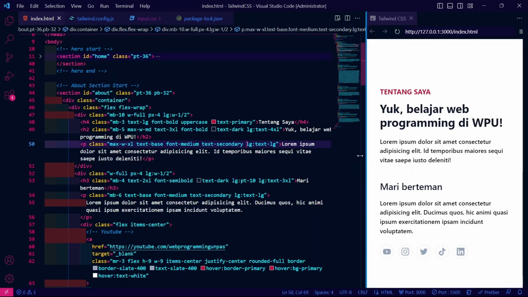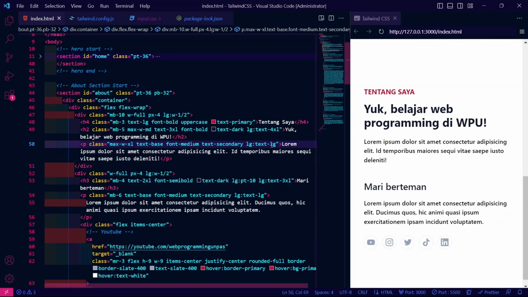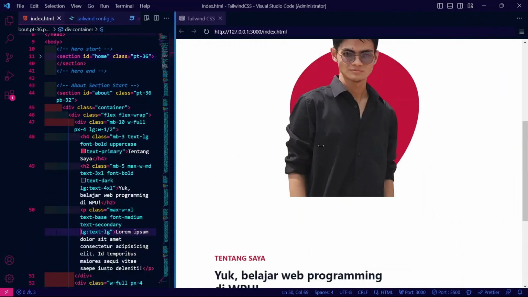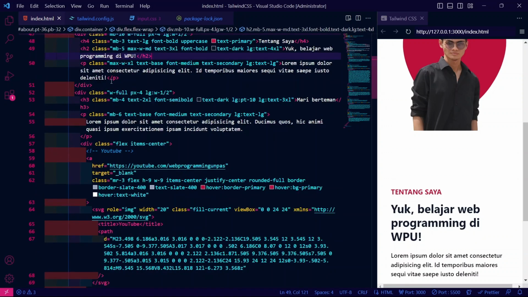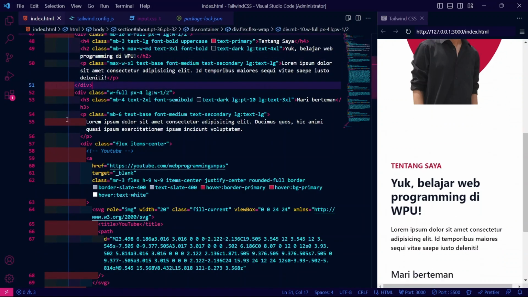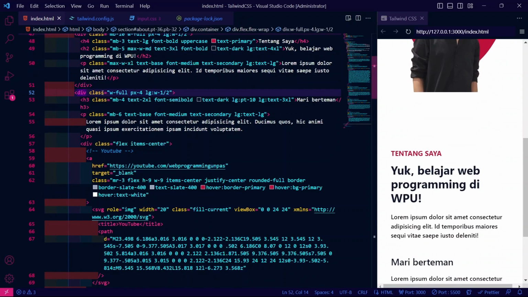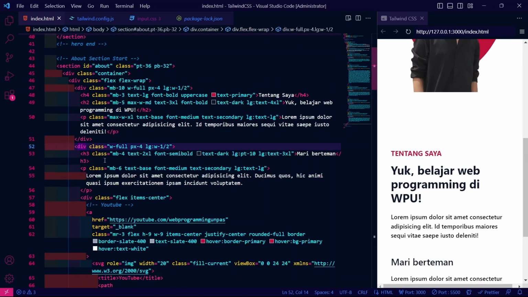When it gets large, the text is going to be large, just large, like so. And I am making the lorem here for the paragraph. And then you're going to make another div